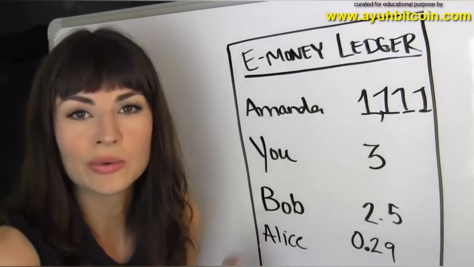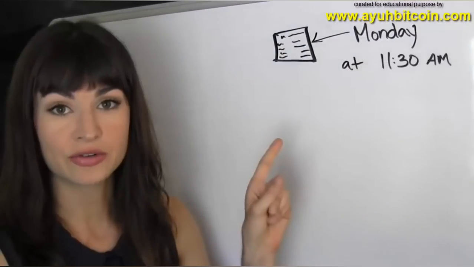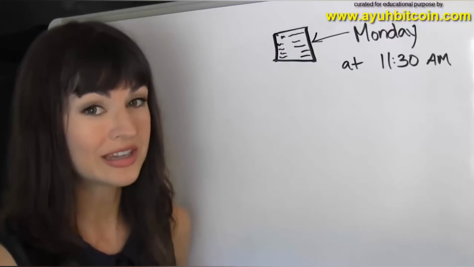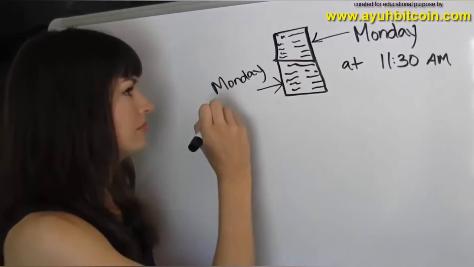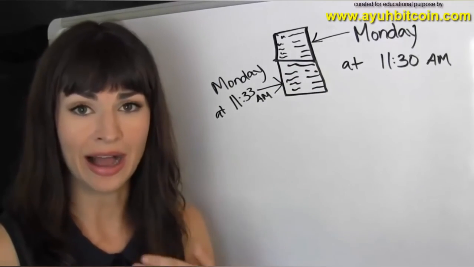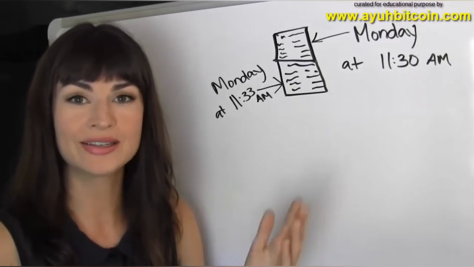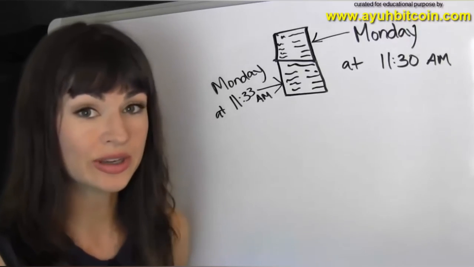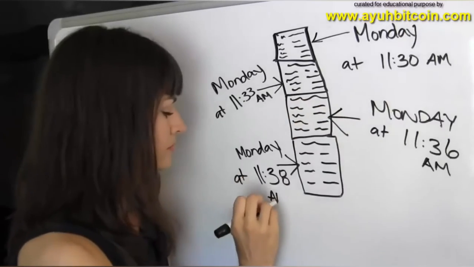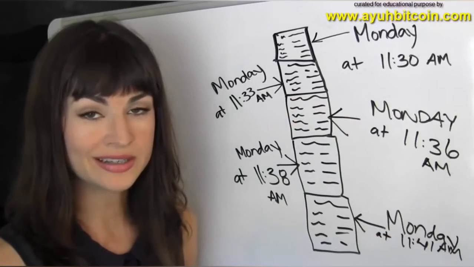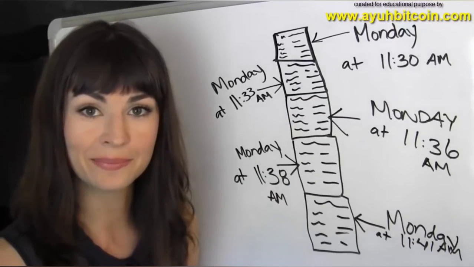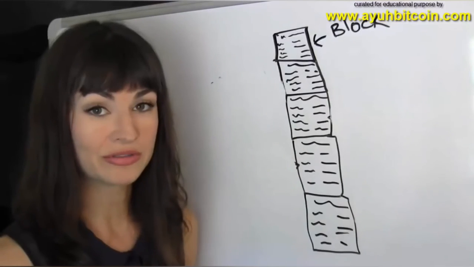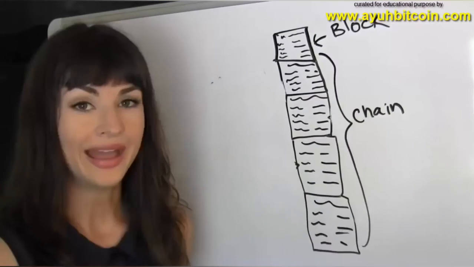Let's shrink this down. Here's that shrunk down copy of our ledger, and it's time-stamped. If we want to change who owns what, we have to add an update. And so anytime I, you, Bob, Alice, or anyone using the e-money system wants to send some e-money, it gets included in an update. After a bit, you start to see where this digital ledger gets its name. Each update to the ledger is called a block, and the cumulative result of this is a chain. Hence, blockchain.